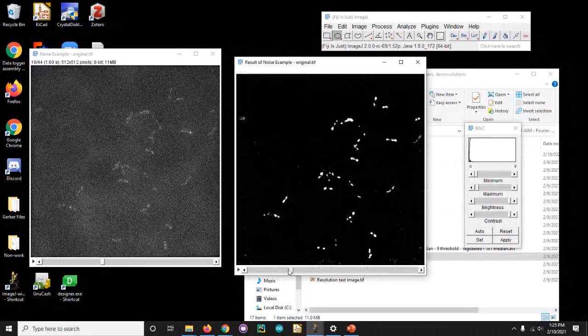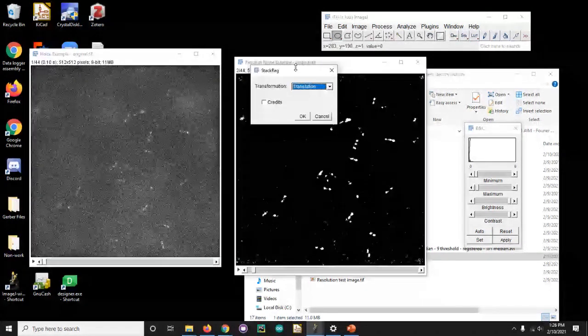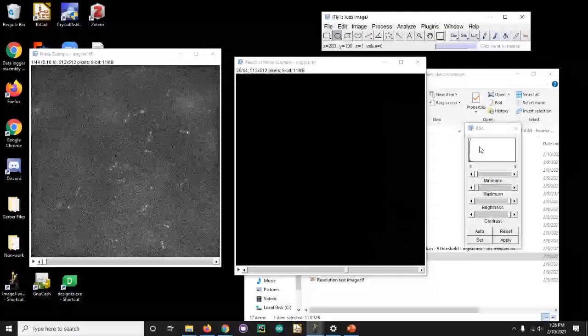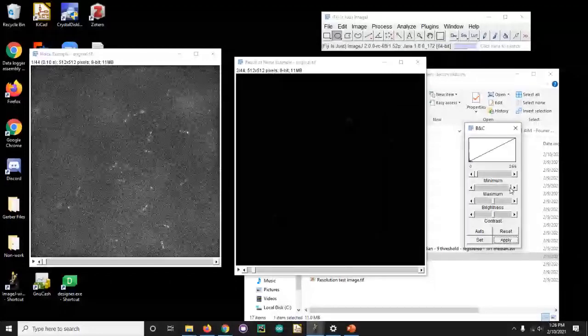So go to plugins, registration, and we're going to do StackReg, classic registration. And these are degrees of freedom. For speed, you always want to use the fewest degrees of freedom that describe your issue. In this case, our image is only translating. It's not rotating. So we're going to do only translation. This way, we can correct for that drift and keep it aligned. And now you can see we got rid of that, sorry, the XY drift, the lateral